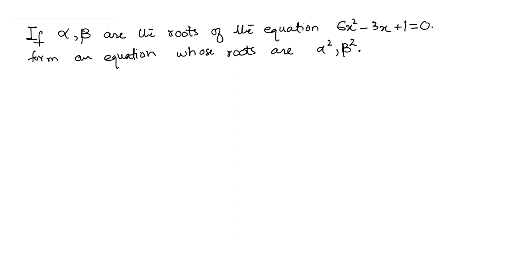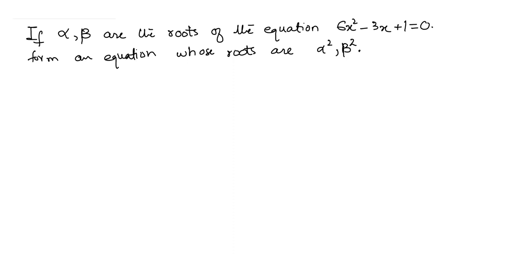So in this channel we already have done a lot of questions related to exponentials, logarithms, equations and so on. And now we have a question regarding squares and square roots, also known as the theory of quadratic equations. So the question is: if alpha and beta are the roots of the equation 6x squared minus 3x plus 1 equals 0, we have to form another equation whose roots are alpha